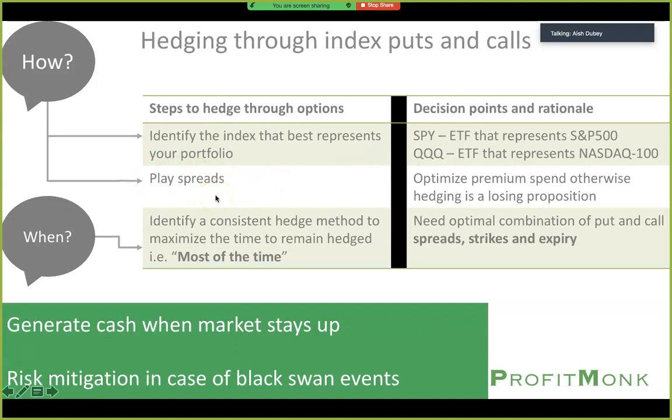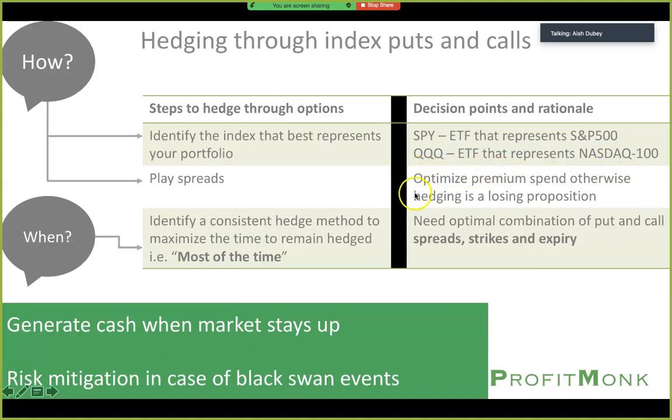The second step is to play spreads. Why play spreads? Because almost any hedging strategy that you use, which depends on, say, the market looking down because it has gone below a certain moving average or whatever, choose an indicator, take an indicator of your choice. It doesn't matter what indicator that is. If you just use that indicator and based on that try to buy a put option, because that kind of limits your losses, it doesn't matter.